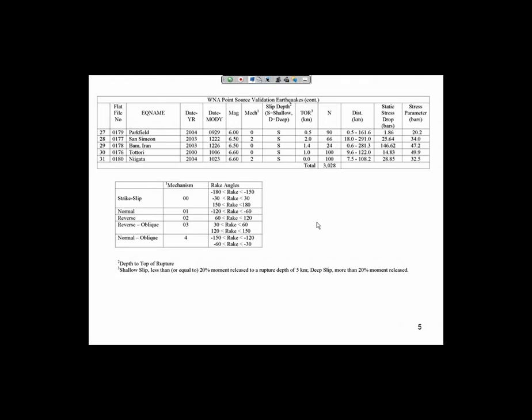I just want to make a comment regarding this idea that uncertainty in stress parameter or stress drop may decrease with depth, even though the few data points here seem to imply that. There's a very recent paper in the BSSA by Dave Boore, myself, and Gail Atkinson, where we take 4 different possible path models for the East. We take the 8 best recorded earthquakes in the East and invert them using the point source stochastic simulation model to get the stress parameter. There's a couple of things that come out of that. I would suggest that everyone look at this paper.